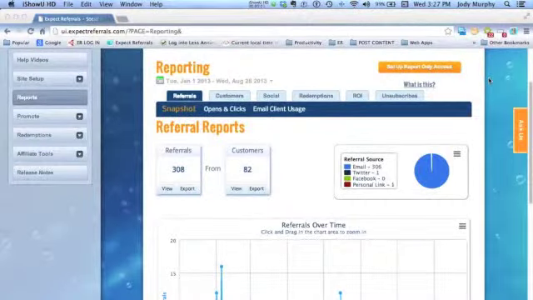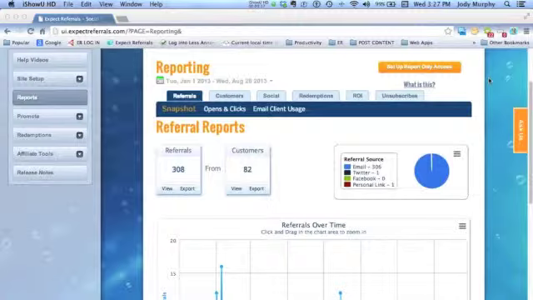In this video, we'd like to introduce you to the reporting dashboard. Now, this is going to be one of the longer videos because there are a lot of features involved in the reporting dashboard, and we want to touch on each and every one of them so that you can use them to their maximum. The reporting dashboard was designed to give you as much information as possible